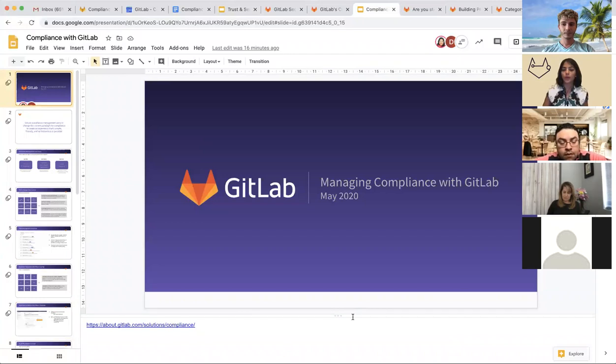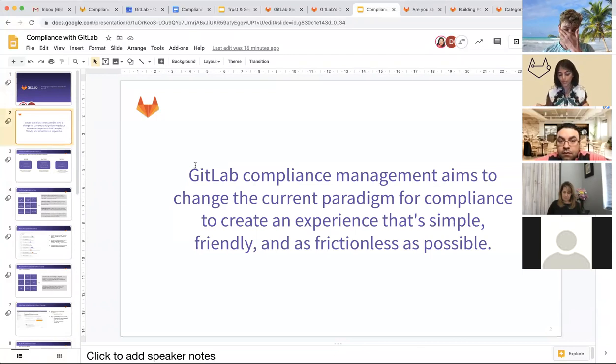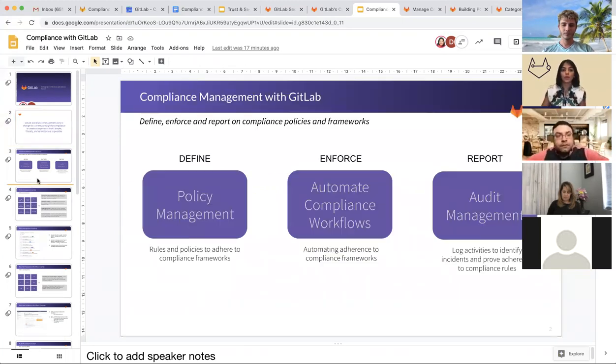And now we're going to cover how we help customers manage compliance for their operations, right? So in general, audit and compliance is a lot of headache. Auditors tend to experience a lot of pain doing audits, primarily because data is split across multiple different tools. It's not consolidated. They don't even know if they actually have that particular data, right? So the goal of GitLab's compliance management is to make this whole process simple, friendly, and as frictionless as possible. And the way we try to do it is